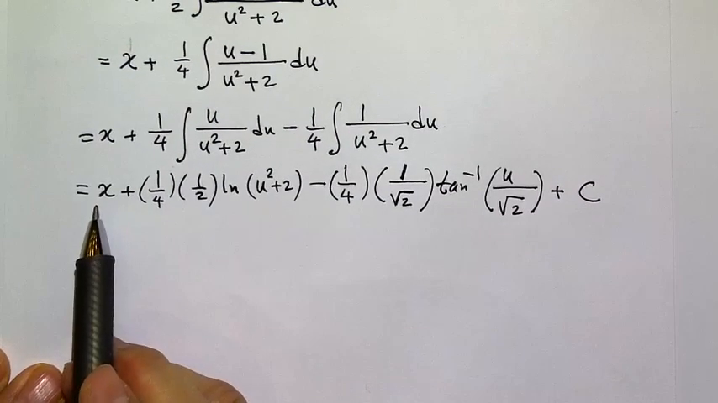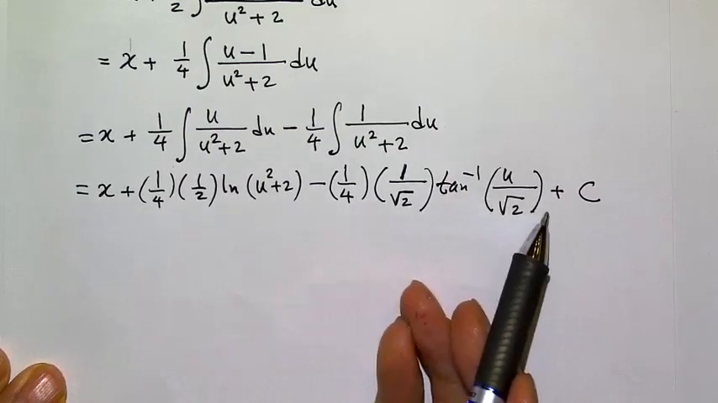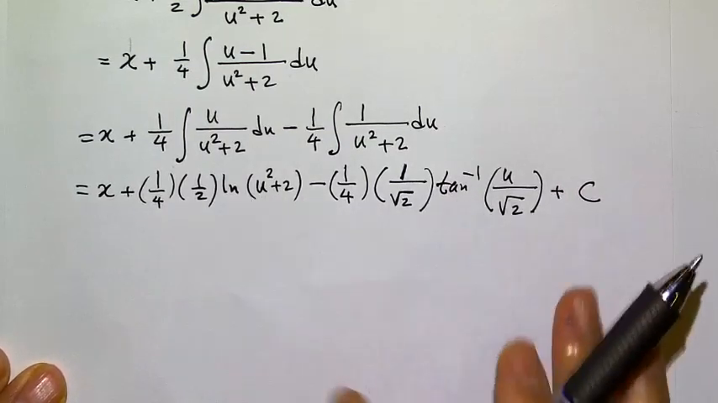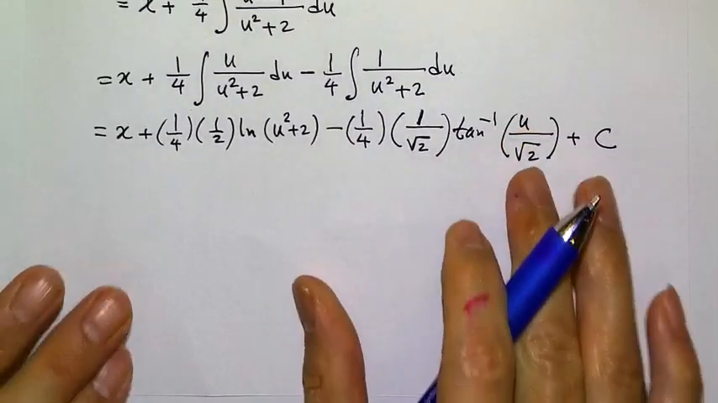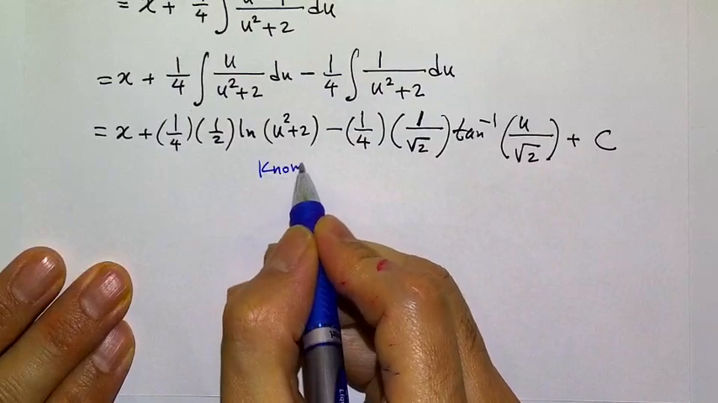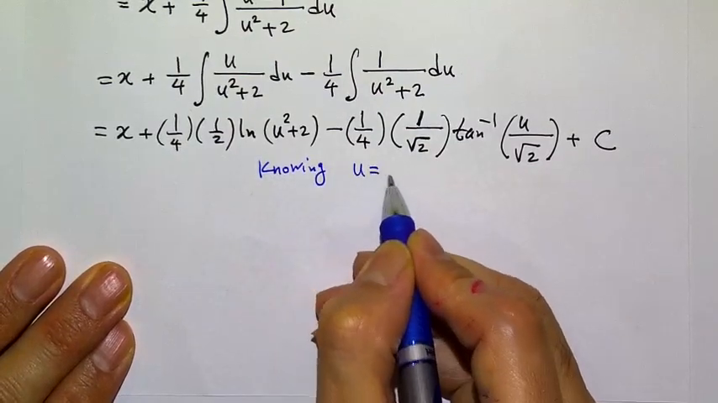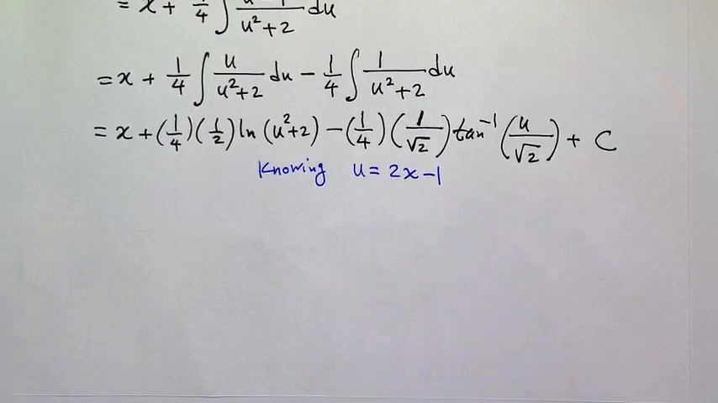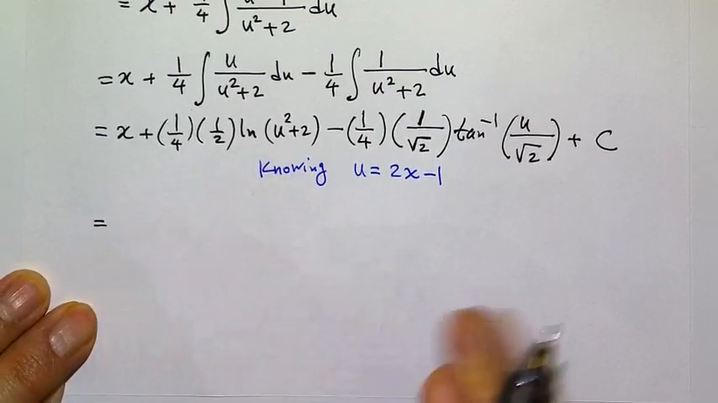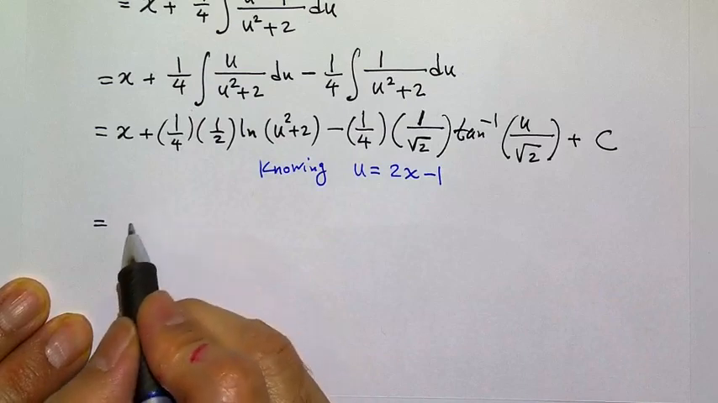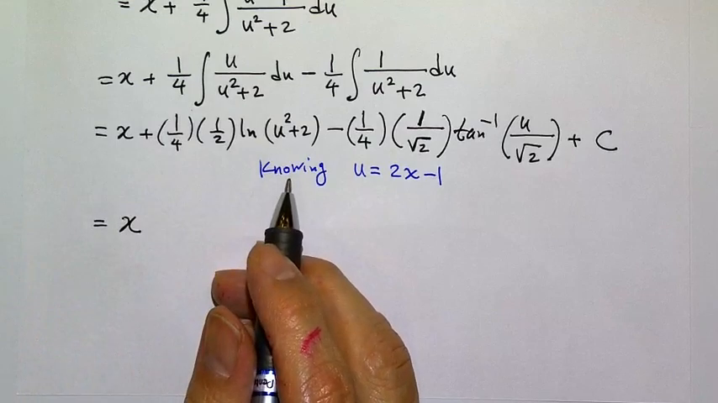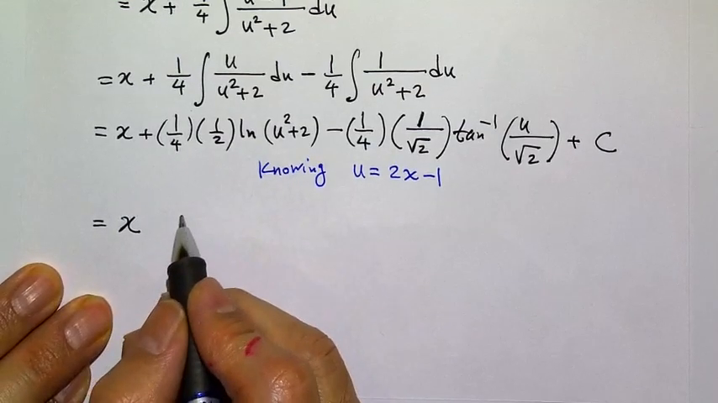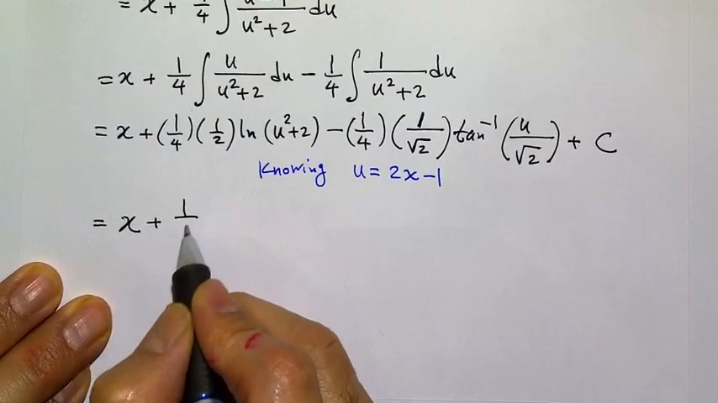So we have here x, and this is in u, right? So we need to convert all of the u's to the x term as we had it here. We said u equals 2x minus 1. So knowing that u is equal to 2x minus 1, I'm going to replace. And so what do we get? We get x plus 1 over 8